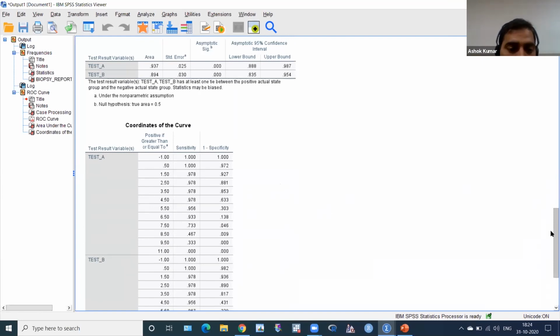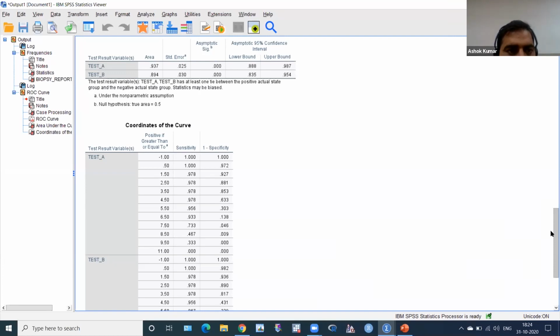We got the sensitivity and specificity of this test A, but sorry to say, in SPSS we cannot get the 95% confidence interval and the positive predictive value and negative predictive value. So we have to use another software. Before this, I will move to another software.